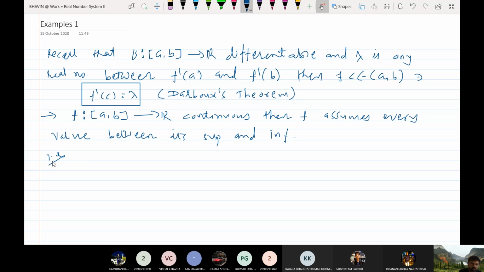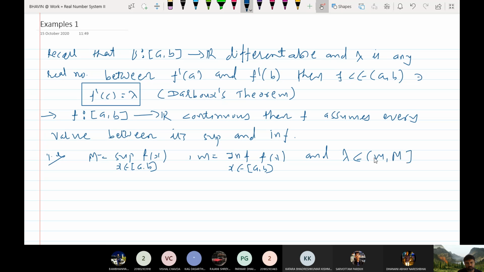That is, suppose capital M is equal to supremum of f(x) over closed interval [a, b], and small m is equal to infimum of f(x) over closed interval [a, b]. And if you take any number lambda belongs to small m to capital M,